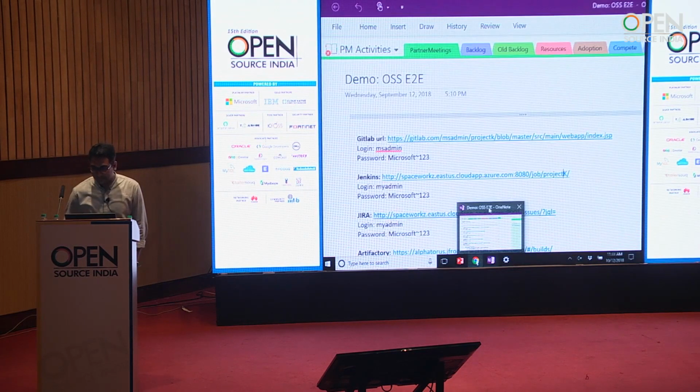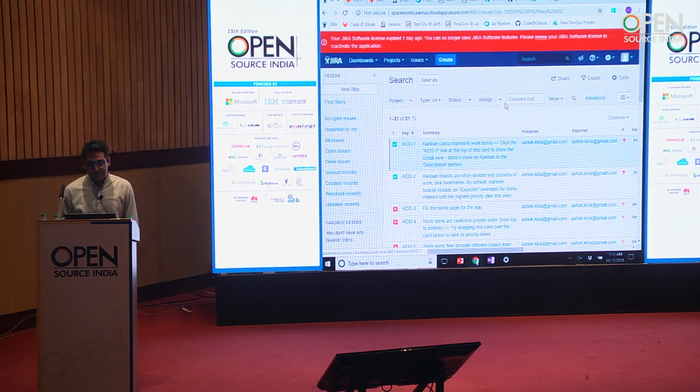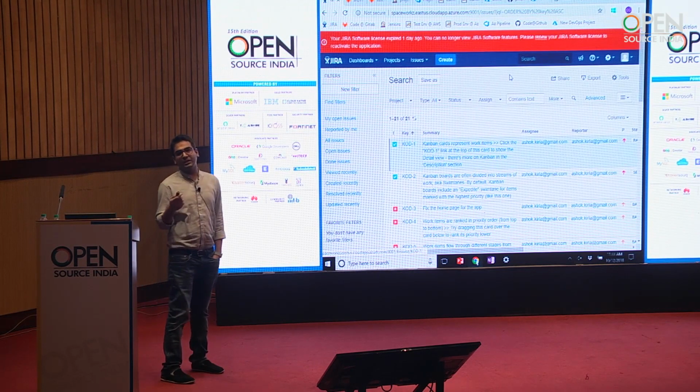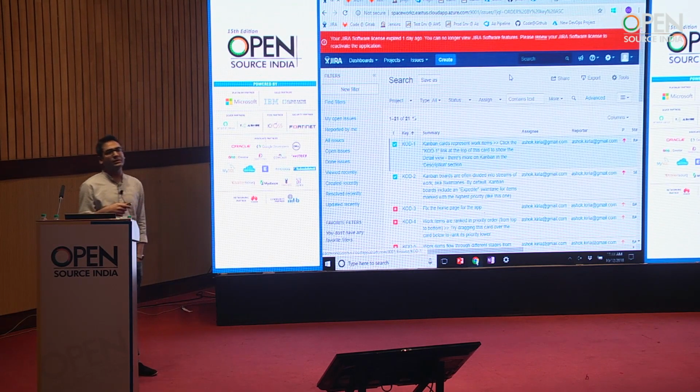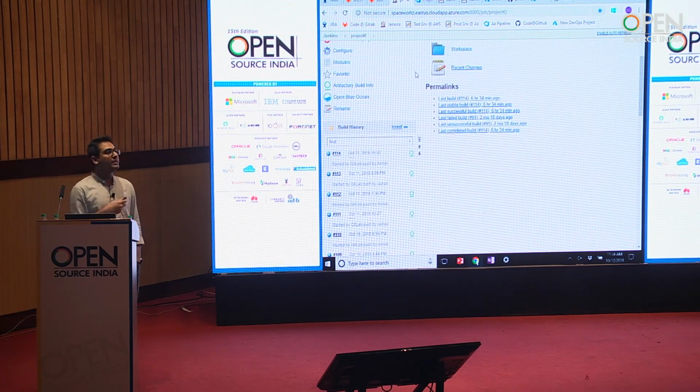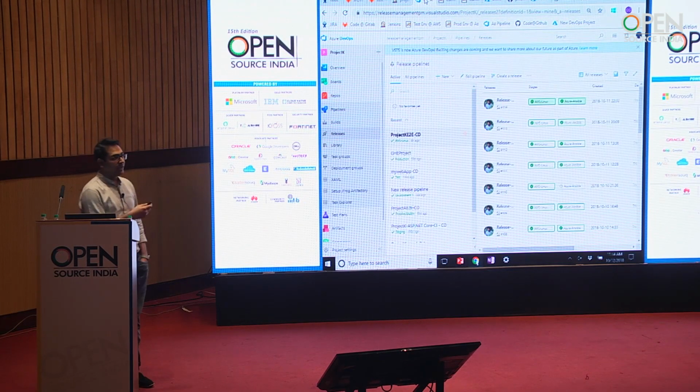Perfect. So what I have over here is basically a GitLab, which is nothing but the version control system and implementation of version control system. So in the demo that I am having right now, let's assume there is a company ABC who is using GitLab for version control system. They are using Jira for work item tracking, basically the planning part of it. They are using Jenkins for their build system. So Jenkins is a build system for you, for those of you who do not know. They're using Azure pipelines for deploying and orchestration of their deployment pipeline.